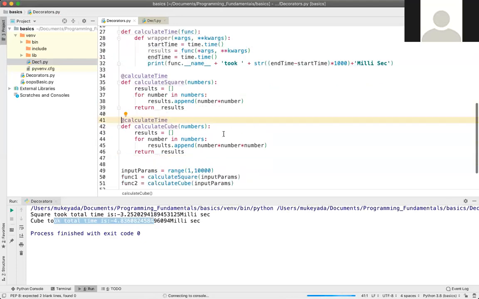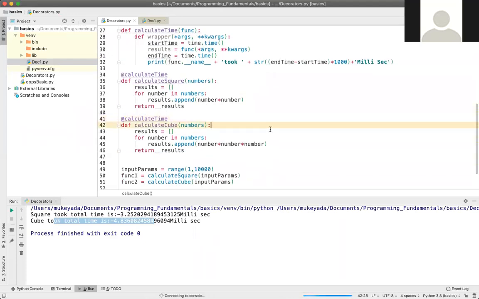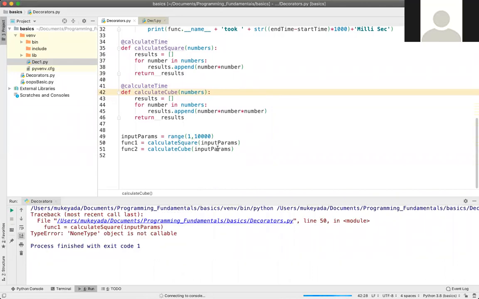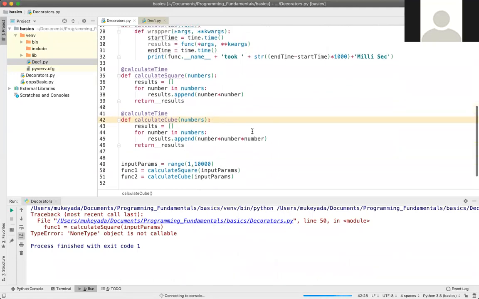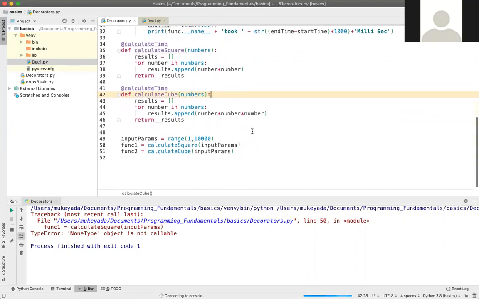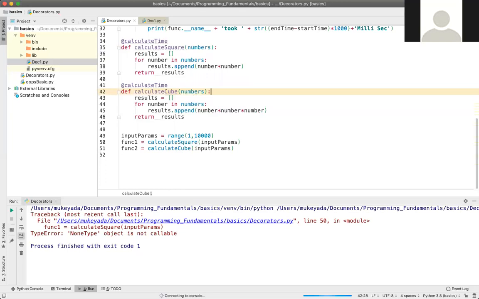Let me save this one and call it again. None type object is not callable, so I did some mistake. Line number 50.